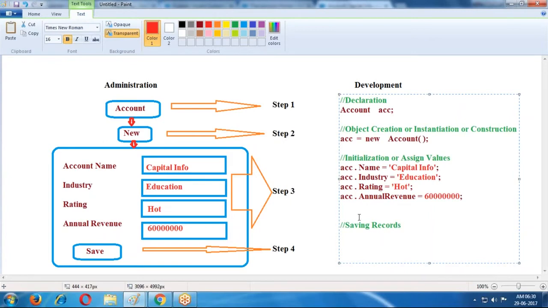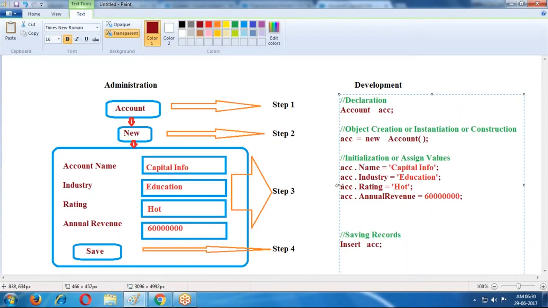Finally, saving the record. For saving the record, we are using a keyword. Insert is the keyword: insert acc, the account record. Here also we are using a 4 steps process.